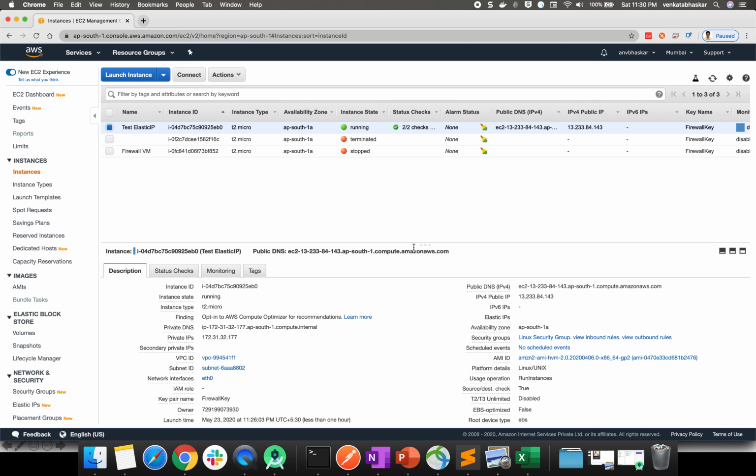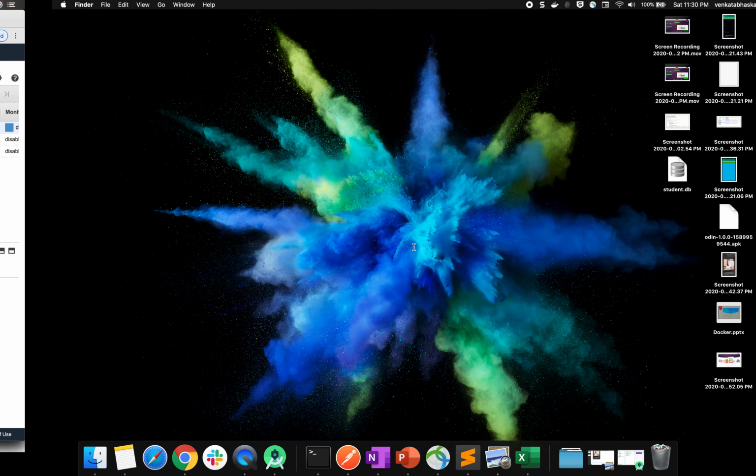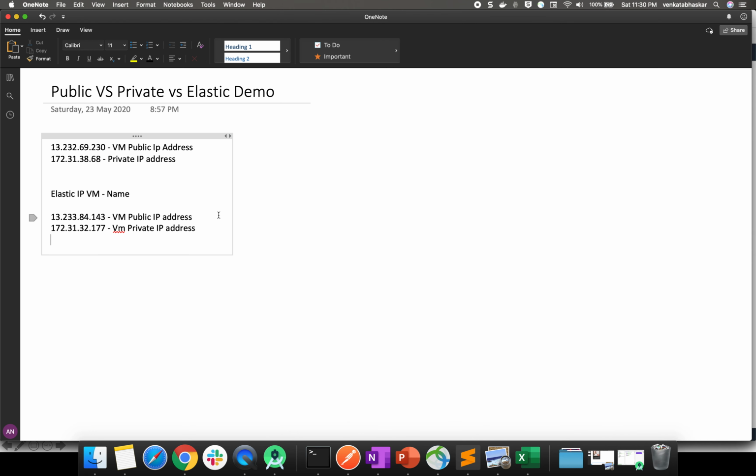Then we'll see whether the public IP is changing or not changing. First step is a reboot. Second we'll do the stop. Again if you start, we'll see whether the IP address changes. We'll see these three scenarios.